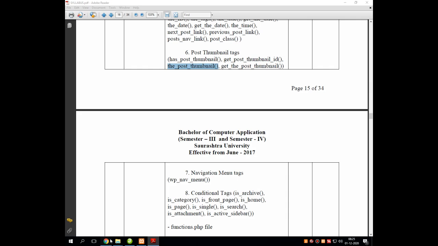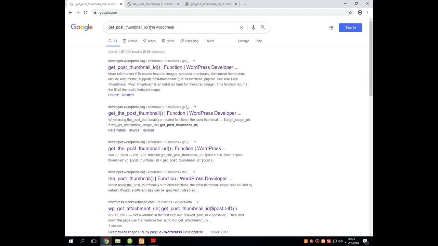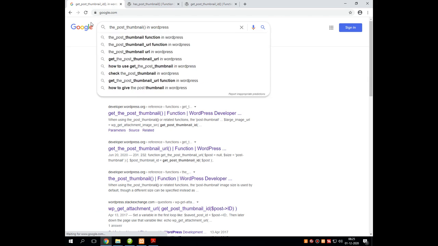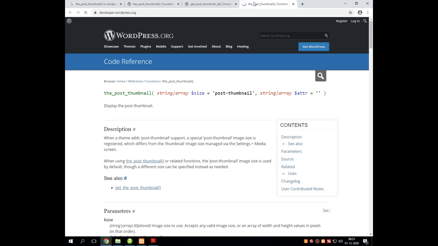This particular function has its own functionality. The theory of this function says that it displays the post thumbnail. That means it retrieves a particular thumbnail from the post and displays it onto the screen.